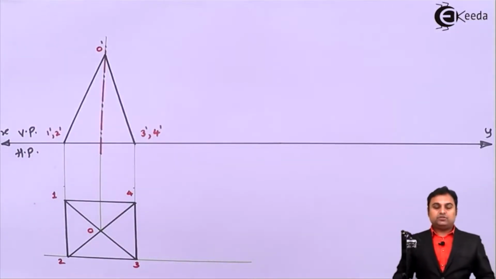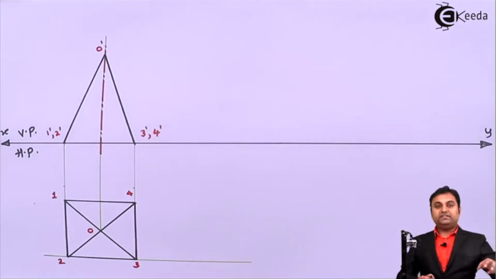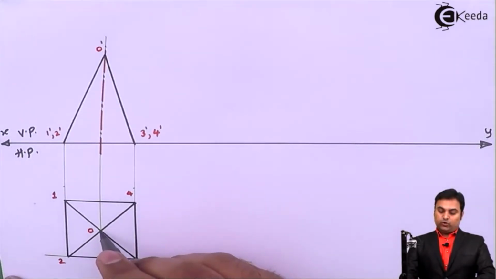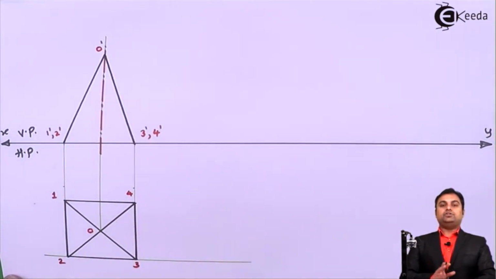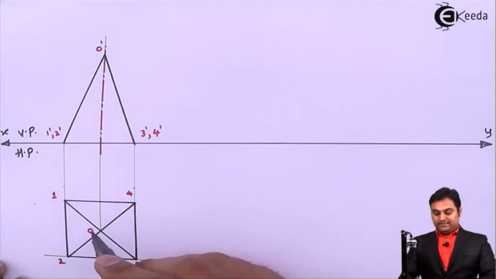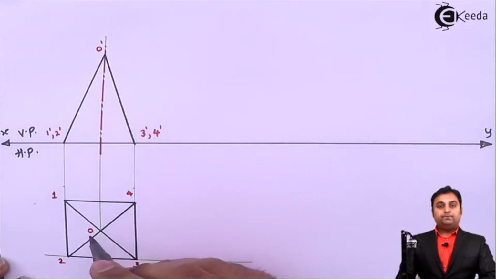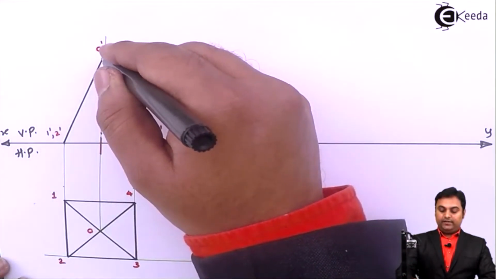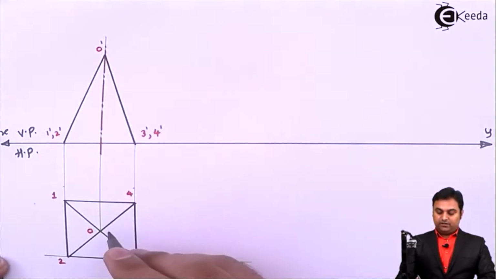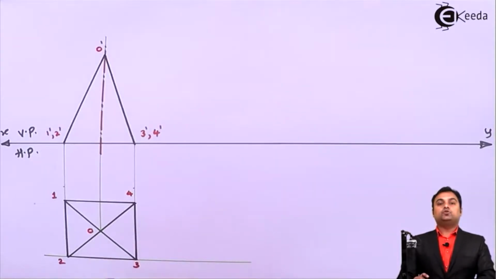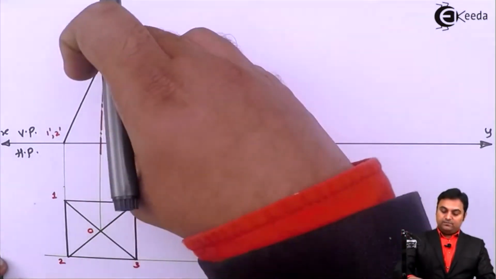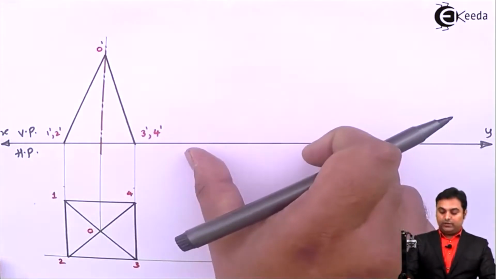Now this square pyramid is tilted about its triangular face. That triangular face is O34, because in case of solids we would be tilting the solid onto the right hand side. This triangular face O34 appears as a line in the front view, which is O dash 3 dash 4 dash, that indicates the complete triangular face here. So when I have to make it rest on this triangular face, I will be simply making this line parallel to XY.